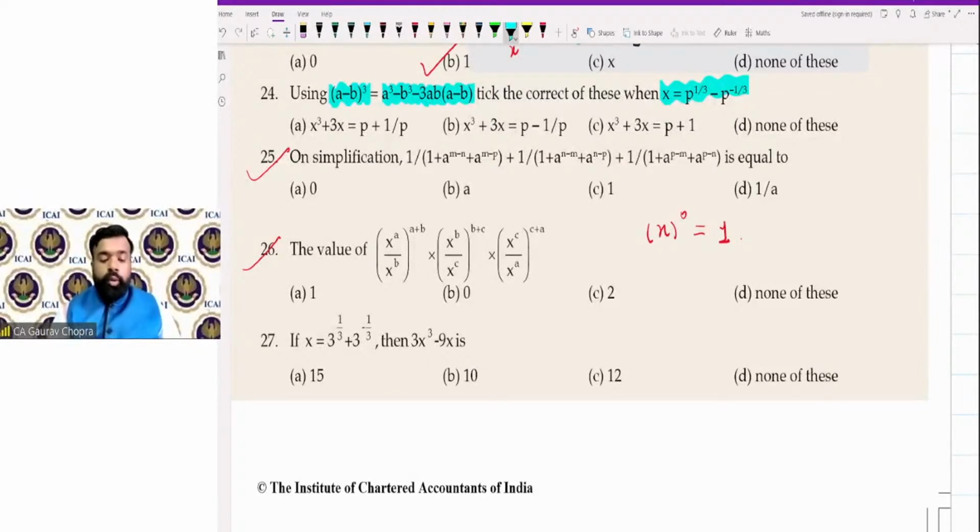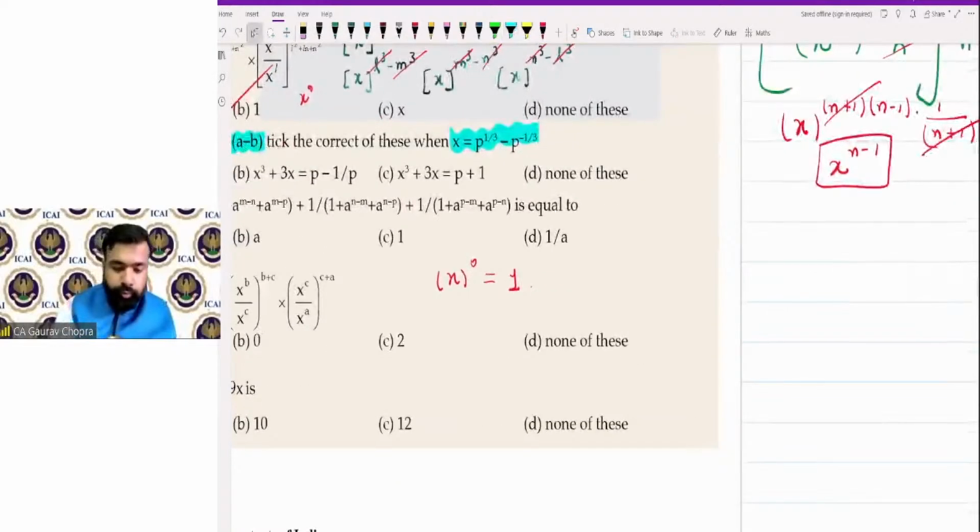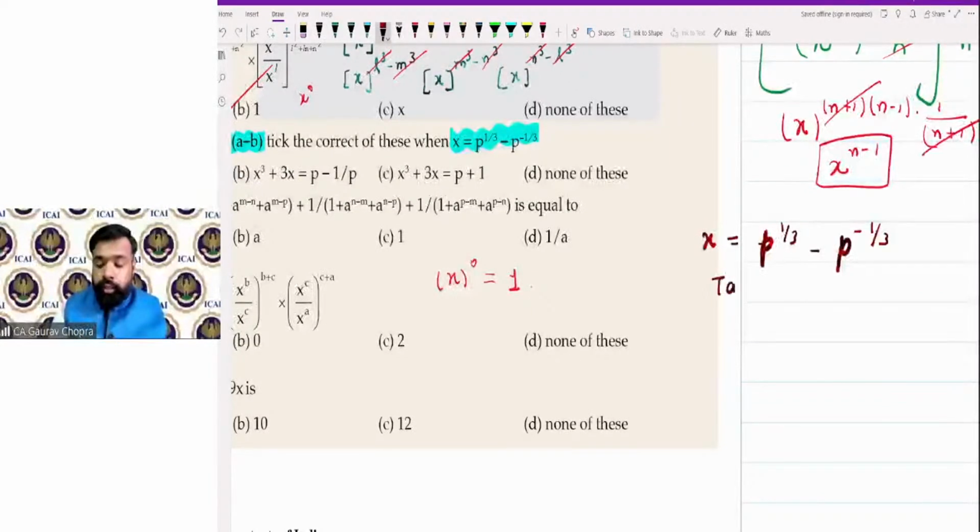So the value of x is given. If you take the cube on both sides, then what will happen? Let's start. X is equal to p to the power of 1 by 3 minus p to the power of minus 1 by 3. So, taking the cube